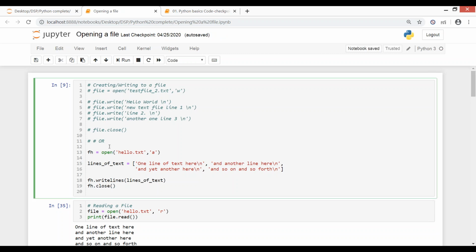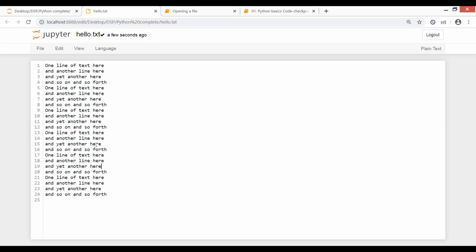Now, since I've run this command 5 times, now when I open my hello.txt in my system, you'll see that these many lines are written these many number of times. You see, now I've opened my hello.txt. So when I was doing a write command, I was only able to write, even if I was running that 10 times, then I was just having these 4 lines. But now when I'm doing the A here, A refers to append operation. You see the number of times I run my command there, the number of times that operation is performed. You see? So that is the difference.